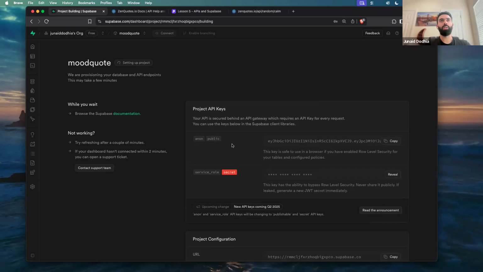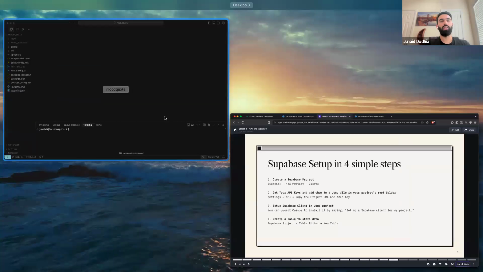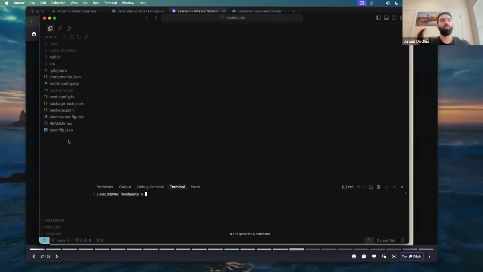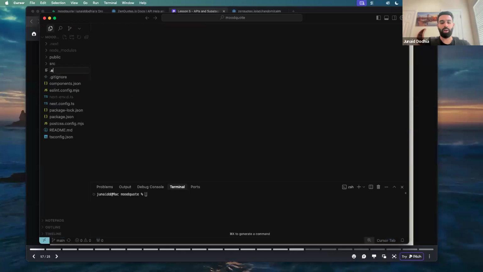The next step would be essentially to connect these API keys to our code base. But before that, let's go back to our slides and see what the second step is. So we are going to get our API keys and add them to an environment file in our project's root folder. So let's go to Cursor, and in our project's root folder, I'm going to create a .environment file,